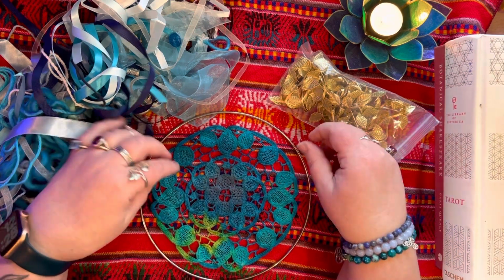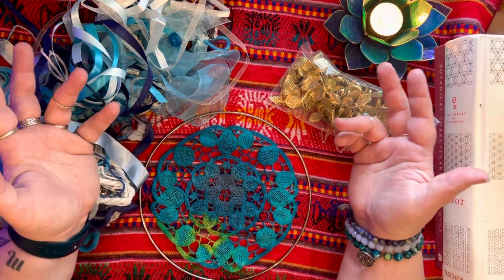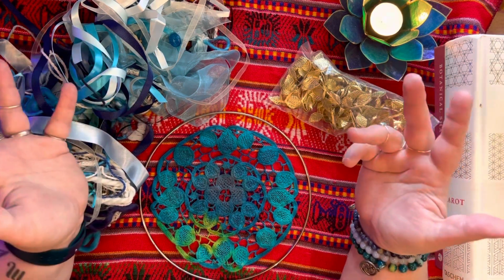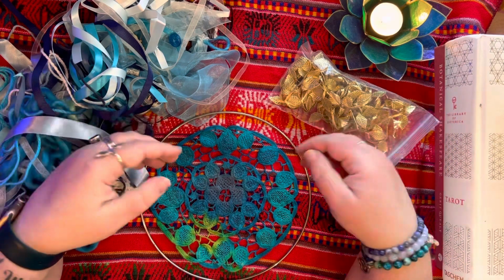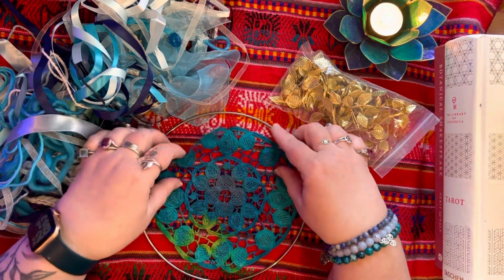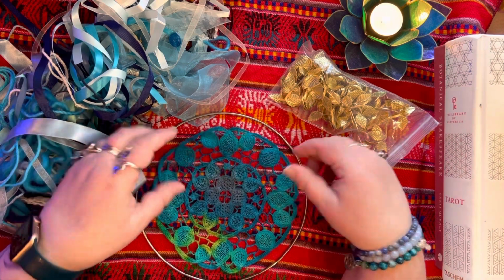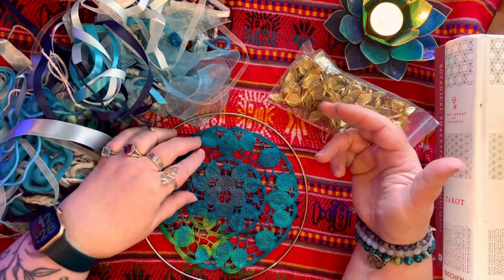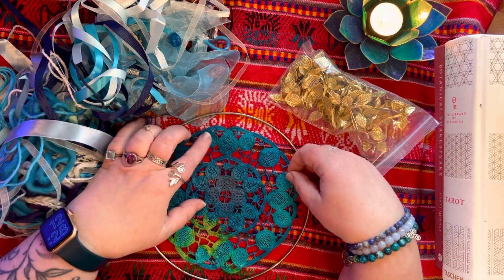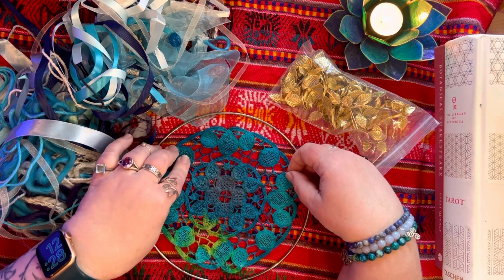It's tricky. But most of the doilies you find in your local op shop, thrift store, charity shop, whatever you call it, are cotton or some sort of natural material and can easily be dyed with any wide variety of things. You could even use eco dyes. You could use things like hibiscus tea, which produces a pretty pink, so does